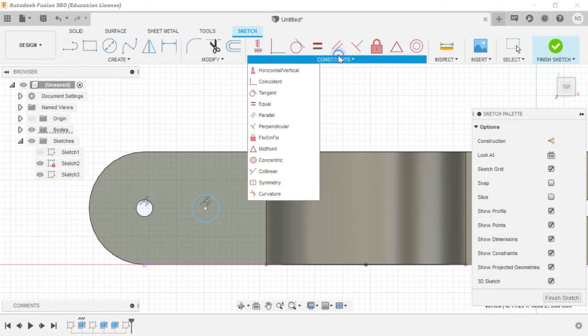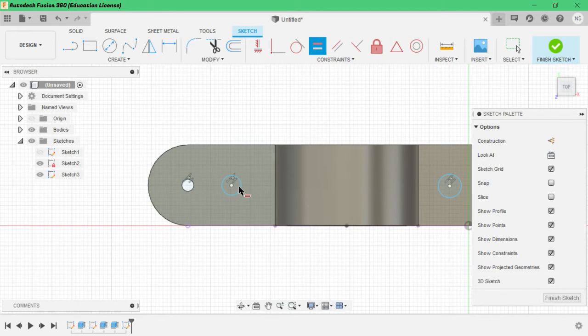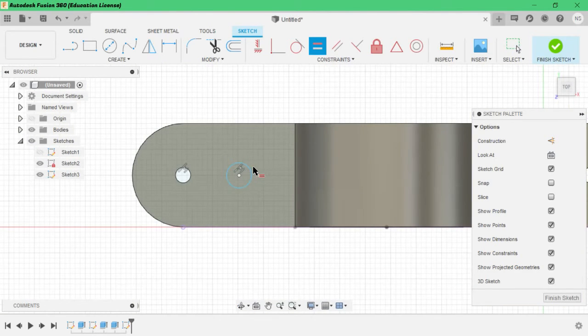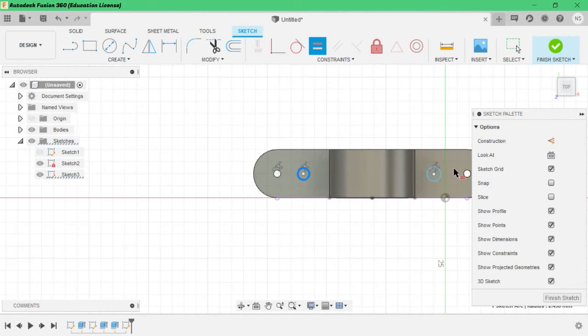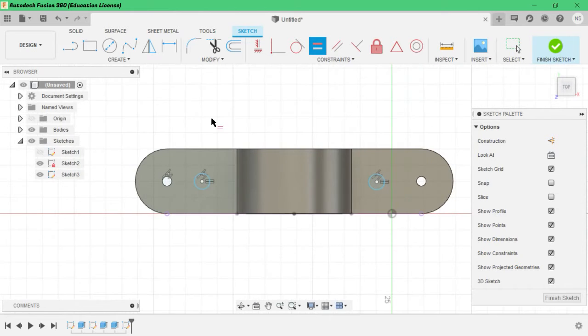I have to give another constraint called equal, so both circles will be equal. Why are these not selected? Okay, both are equal, and then finish. We have to give some dimension. Click on dimension, or click on D, go to dimension. So before circles we have given 3 mm, this has to be given 5 mm